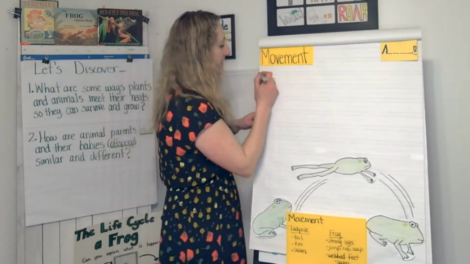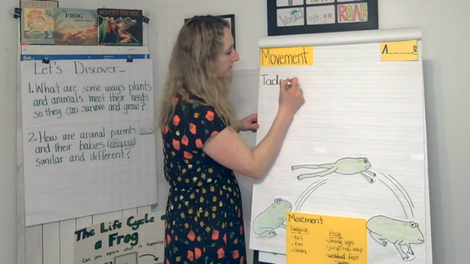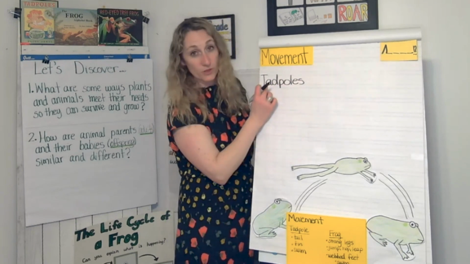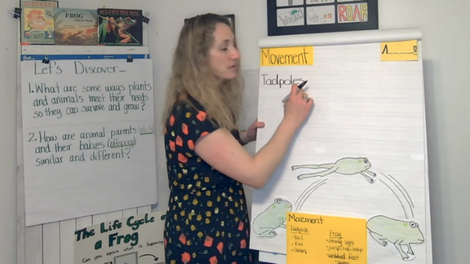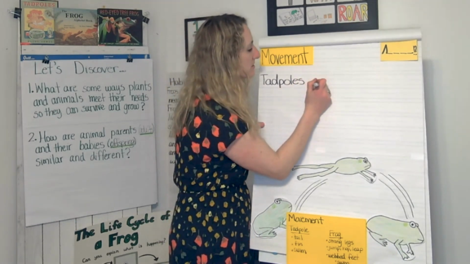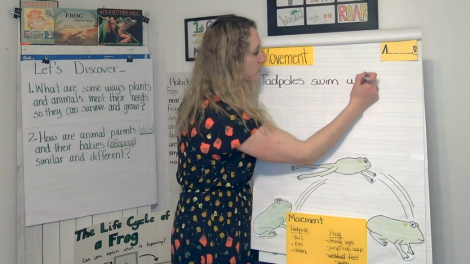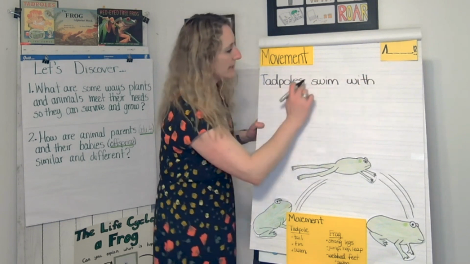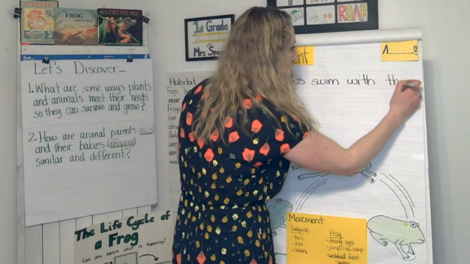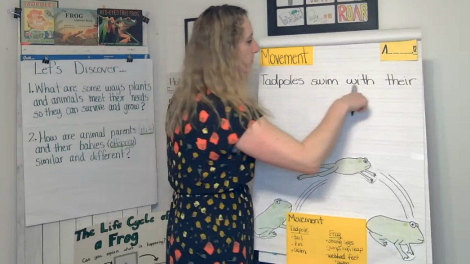Tadpoles. That's like a compound word. Tadpoles. And I remembered to start with an uppercase letter. First word in my sentence, right? Tadpoles swim. Swim. Let's do that. Swim. With, I bet that's like a speed word for you now that you just know how to write. Tadpoles swim with their. Now I'm going to show you the there that I'm writing. This there, there's three different theirs. This one means it belongs to them. Tadpoles swim with their